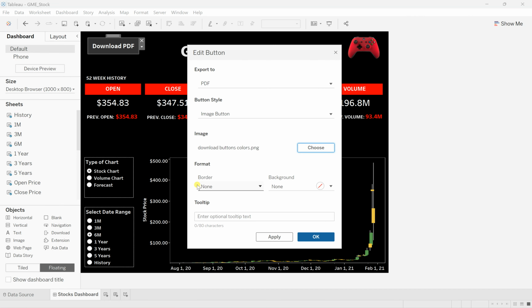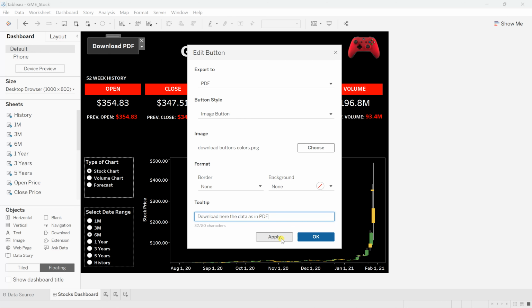Now I don't want any format right now. I'll keep it as it is. But definitely in the tooltip, I want to tell the user that you are going to download in a particular, let's say, PDF format. Because I kept it as PDF, I'll write here: download the data as in PDF.